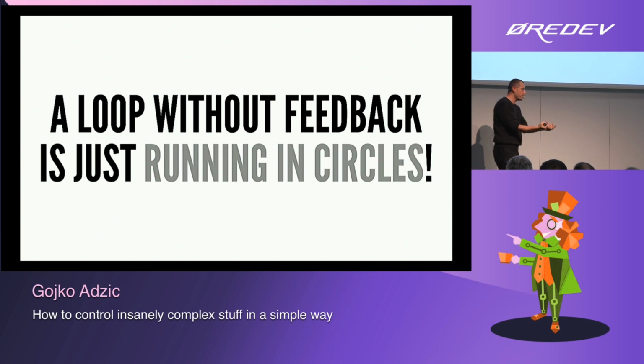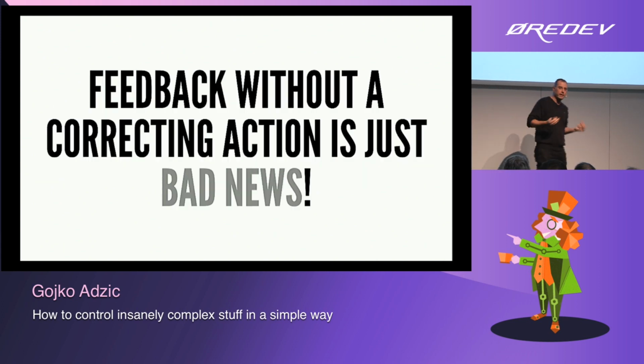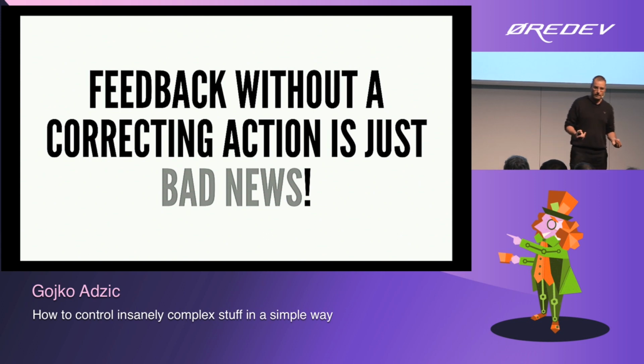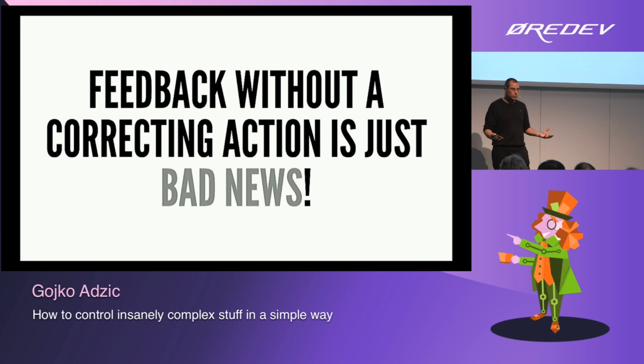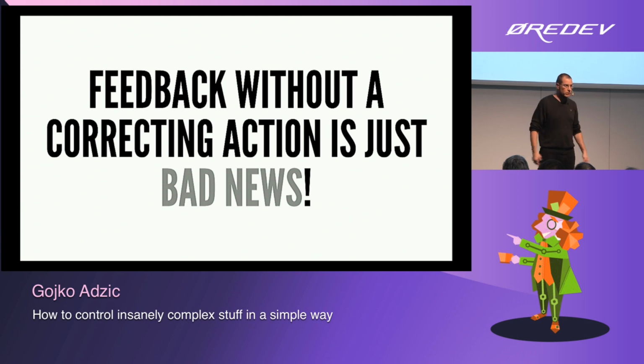We need to be able to measure the problem. We need to be able to act on it. The other thing is, feedback without action is just horribly bad news. People become depressed. It's a problem with a lot of teams that are not empowered to act on feedback. Like, business people don't want to talk to us, business people don't want to talk to us. Well, the third time you're not even going to try to talk to them again. You give up. So we need to be able to take action.